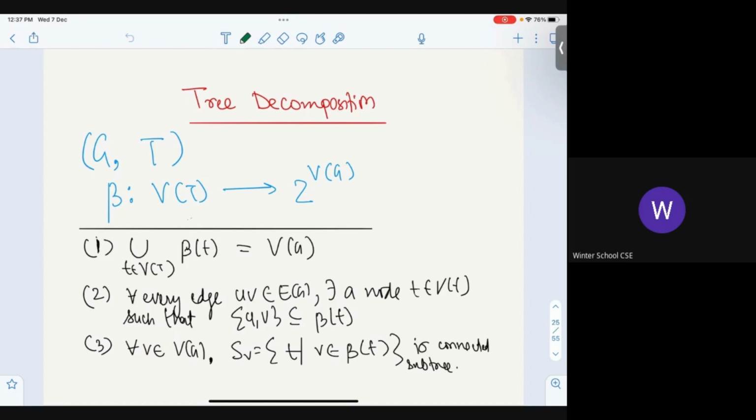And what is the third one? The third one is the way we constructed it. For every vertex, look at all the bags in which it appears, that is a subtree. That's all it says. That is connected. But that's how we defined it, no? The third definition is nothing but SV, which is the home of a vertex. What I'm writing is all those T such that V belongs to beta of T. So all those nodes in T for which V contributes to the load form the subtree which you marked. So whatever I just told you, I have written in a form that is useful algorithmically, nothing more.